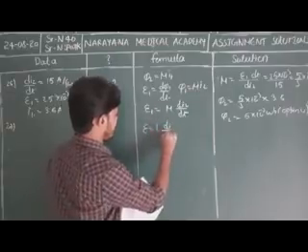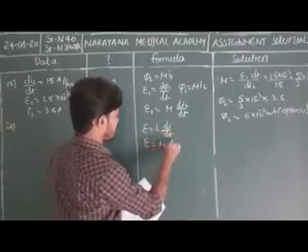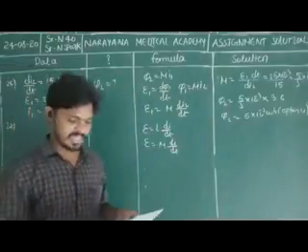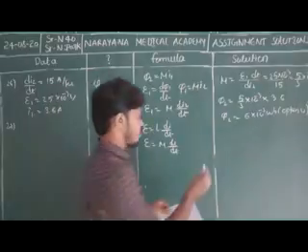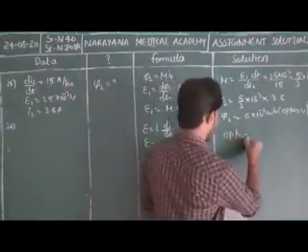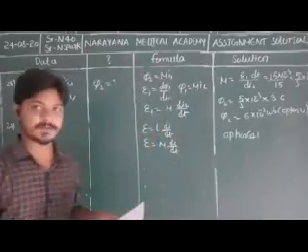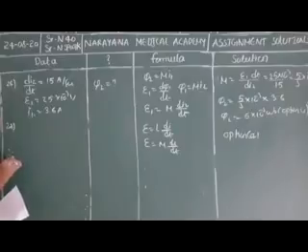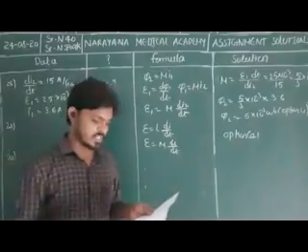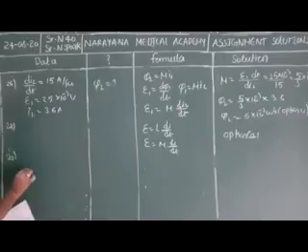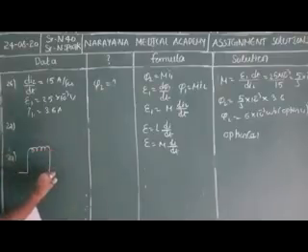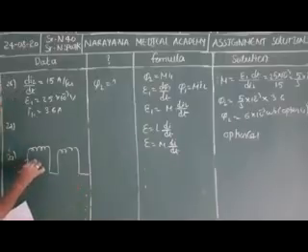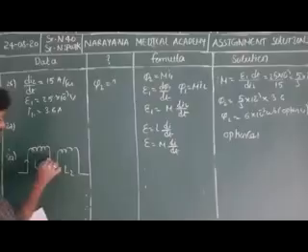So it is a conceptual bit. The coefficient of self and mutual inductance have same units and different dimensions. No. Why? Because the formula is epsilon is equal to L into di by dt. Epsilon is equal to M into di by dt. So definitely L and M have same units and same dimensions. Option number 4 is the correct answer. It is a conceptual bit. Clear? So next one, bit number 29.